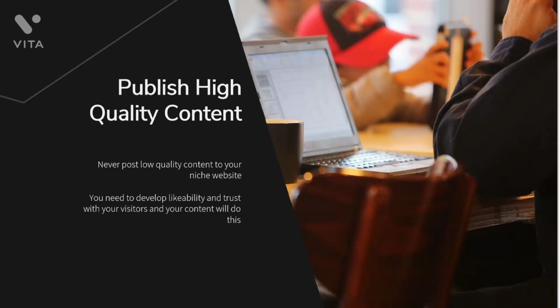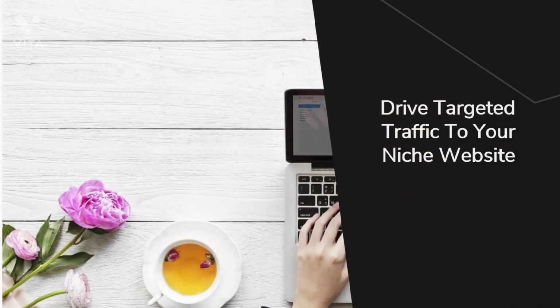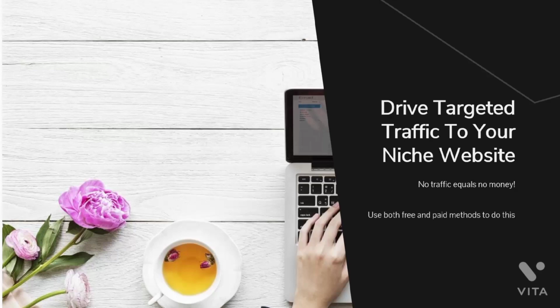If you don't like writing, then pay a professional writer to create your content. Drive targeted traffic to your niche website. No traffic equals no money. Once you have set up your niche website, then focus your efforts on driving targeted traffic. Use both free and paid methods to do this. You can outsource some of your traffic generation methods, but make sure that you keep a close eye on how